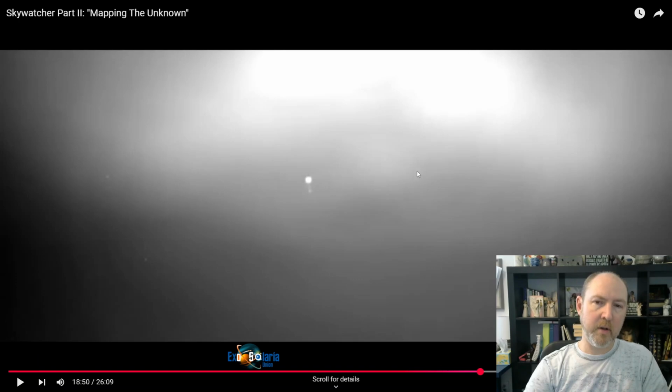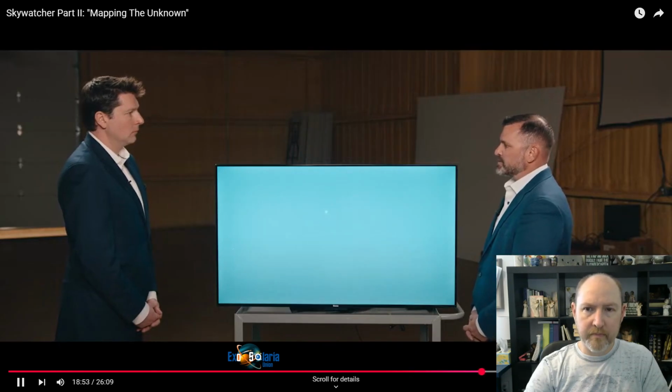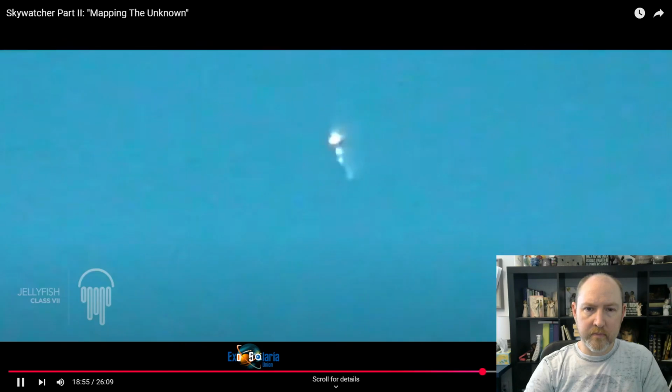Okay, that's interesting. So in infrared, you can see these tentacles more defined, and the head moving and flying back and forth. That's really interesting. It's not man-made, and it is flying through our airspace and does want to avoid us.